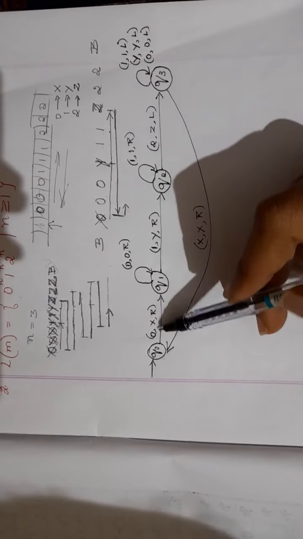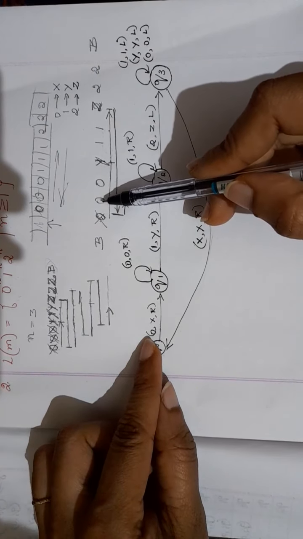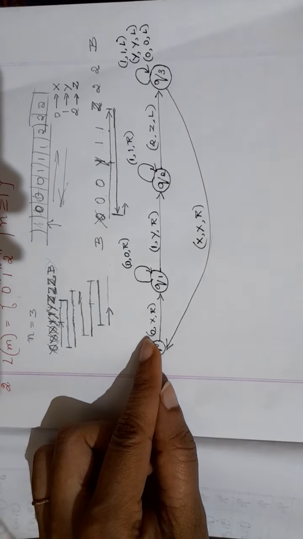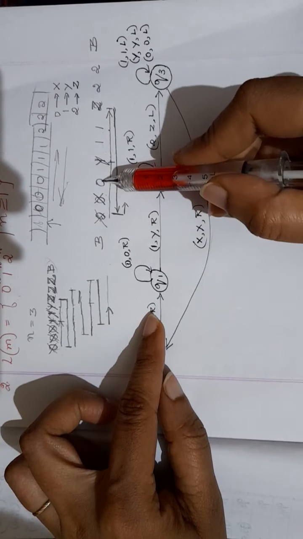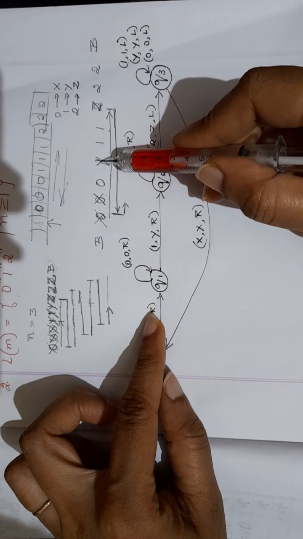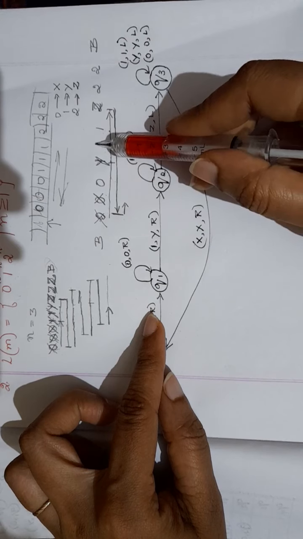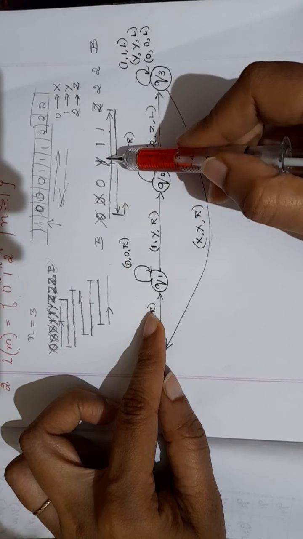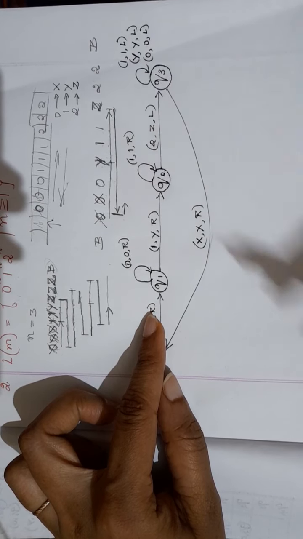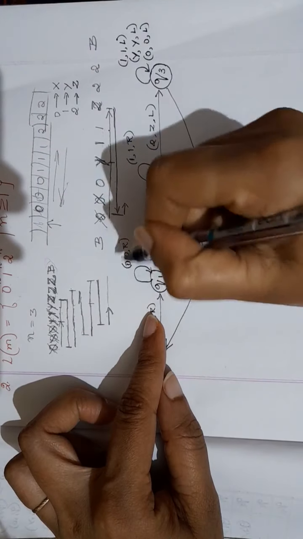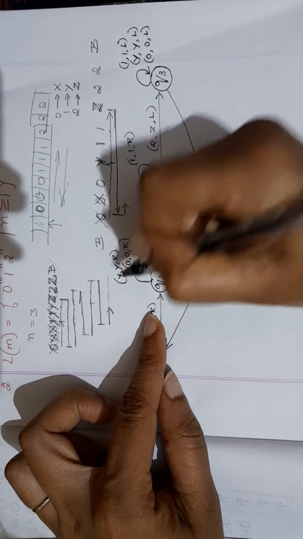Now the same thing. You can see here 0. When you read a 0, replace it with X and move right. So you are reading a 0, keep it 0 itself, move right. Now you are reading Y. Till when should you move? You should move till you read 1. So here I get one more possibility, that is Y. If you are reading Y, keep it as Y itself and move right.